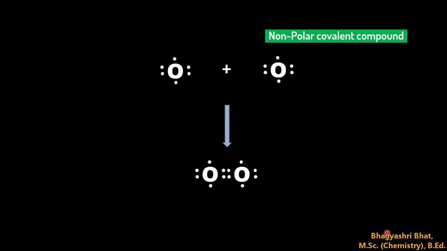Let us take another example. So we have here two oxygen atoms. Each oxygen atom is short of 2 electrons. So they mutually share 2 electrons. This oxygen atom shares its 2 electrons with another oxygen atom. By doing so, both oxygen atoms get 8 electrons in their valence shell. That is, they get the octet structure. Since two pairs of electrons are shared between two oxygen atoms, the resulting bond between the two oxygen atoms is a double covalent bond.